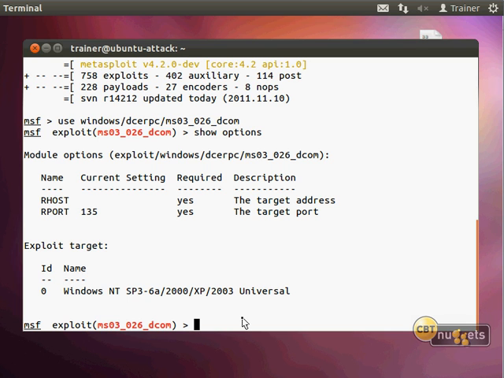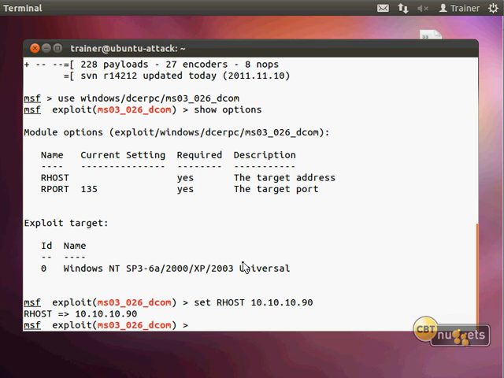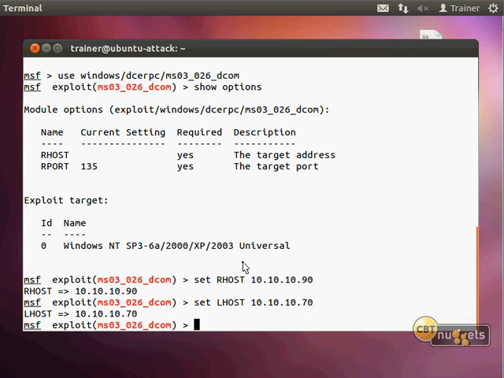Having gotten all that done, let me do a set RHOST, because remember, at a minimum I have to set these things. These aren't really case sensitive, which is unusual for Linux, but I'm going to go ahead and make them all uppercase anyway. RHOST, and then the destination, which is 10.10.10.90. Okay, that's the host I'm going to attack. Then I'm going to set LHOST, which is myself, 10. I think I'm at 80. No, I'm at 70. There we go. Okay, so I've got that going.